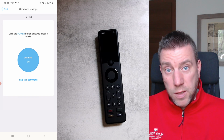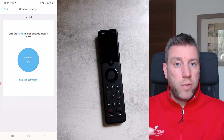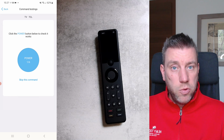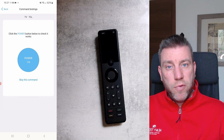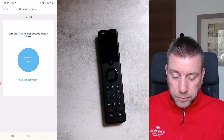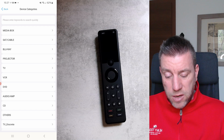And then, once the test with the power button works, the device knows that that's the type of remote, and it will automatically offer all the other functions like mute and volume and change channels and all the other IR signals that are programmed for that particular remote type. But even if this fails, though this probably should work 99% of the cases, then you have